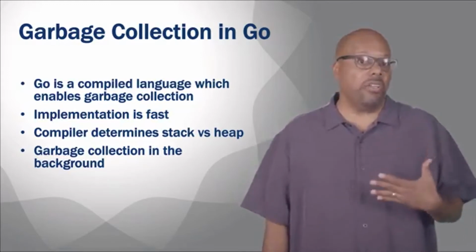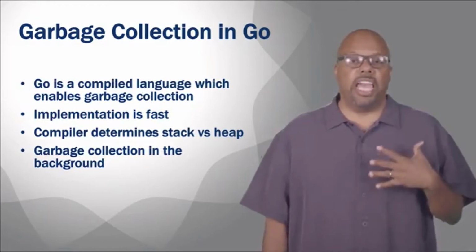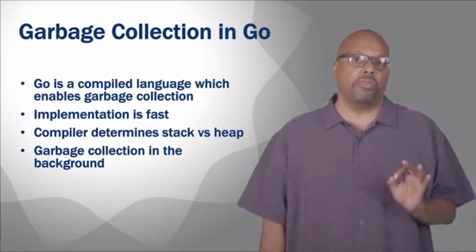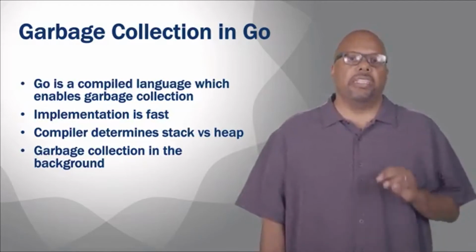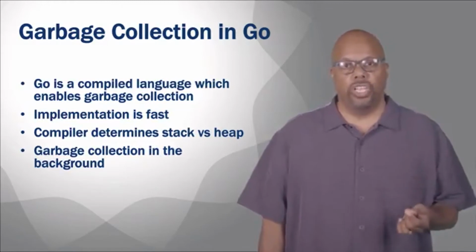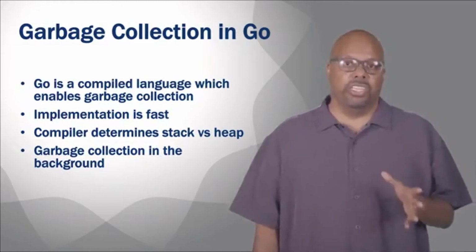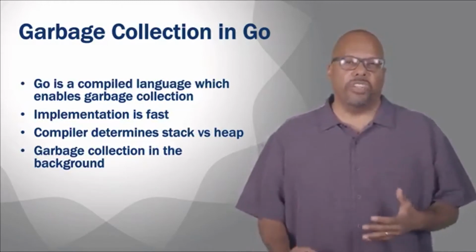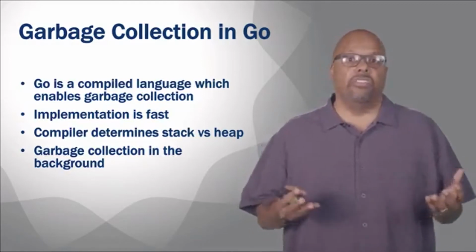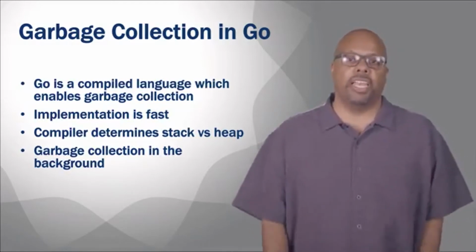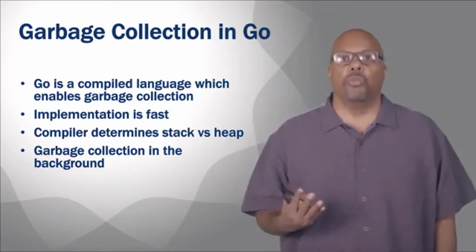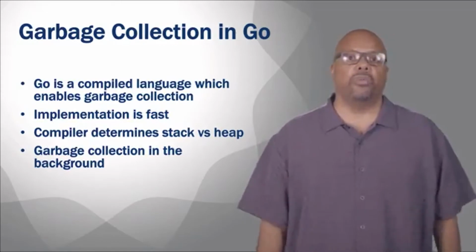Now, there is a downside, because the active garbage collection does take some time, right? So there's a performance hit. But it's a pretty efficient implementation, and garbage collection is so darn useful, it's probably worth it to put it in Go. So that's a trade-off that Go makes. It slows things down a little bit, but it is to great advantage because it makes programming a lot easier. And you don't have to go as far as using a full-on interpreter like you would in an interpreted language.